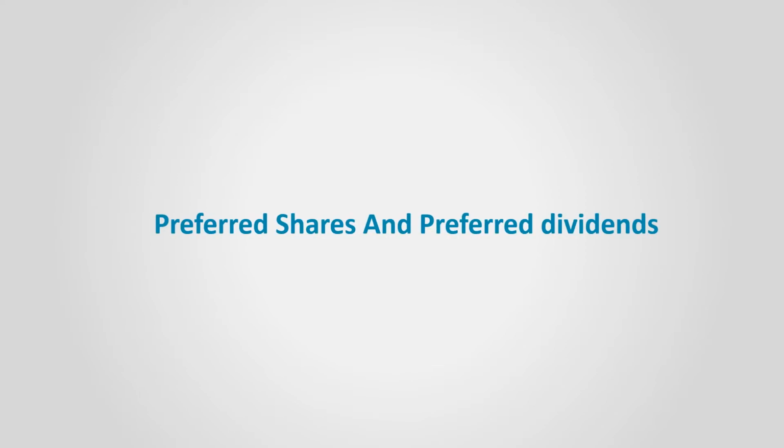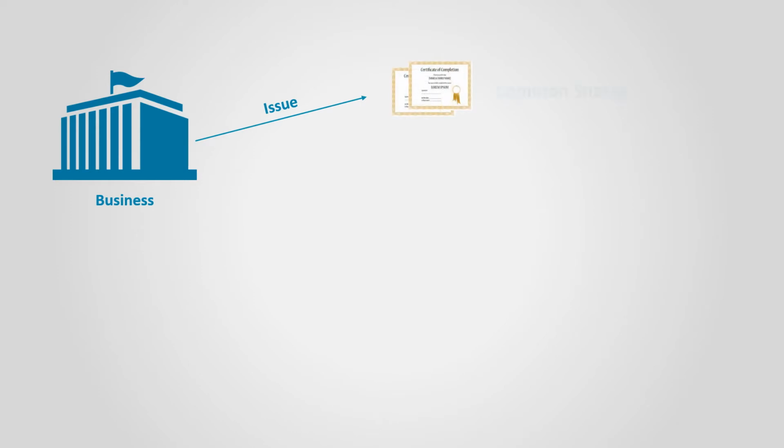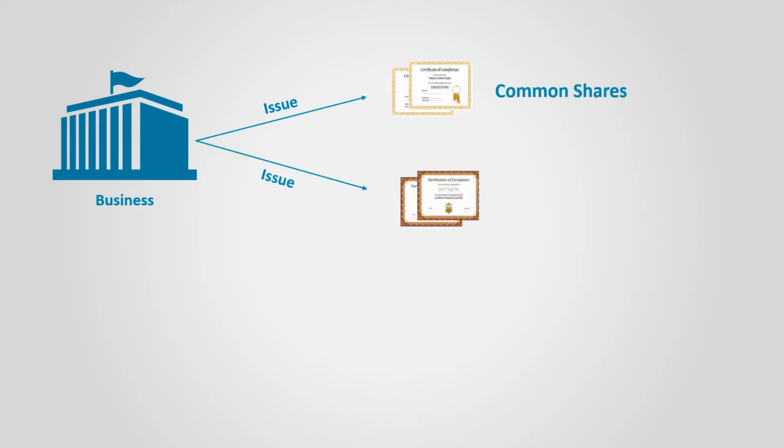Preferred shares and preferred dividends. In addition to common shares, a company can issue preferred shares. Usually, preferred shares receive a fixed dividend that is either expressed as a percent of its par value or as